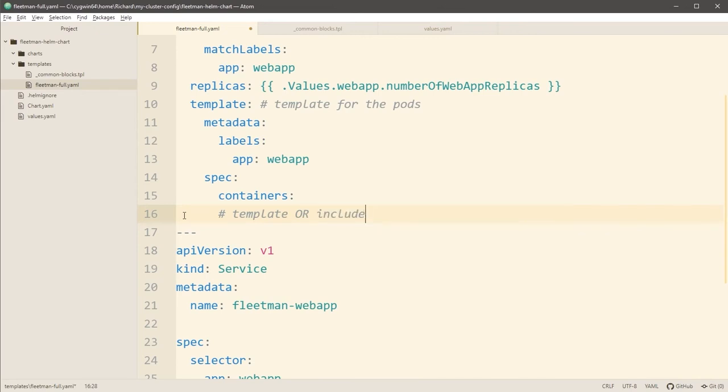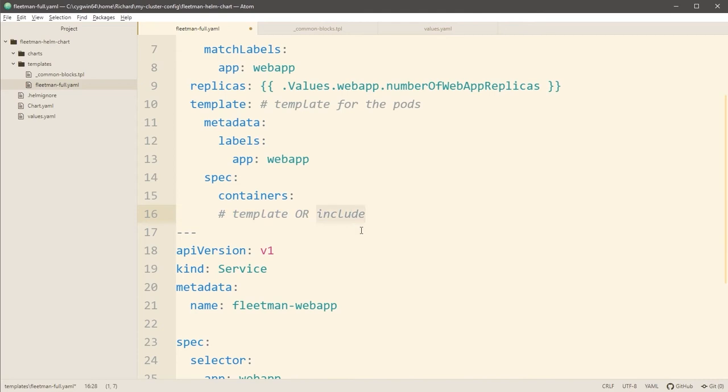Both of these are very similar, and I suspect it's just a bit of a historical thing with Helm charts that they've provided two almost identical commands. It turns out that although the two commands are almost identical, include is more useful because it can do one thing that the template command can't. I think in theory, you could ignore the template command and always use include.